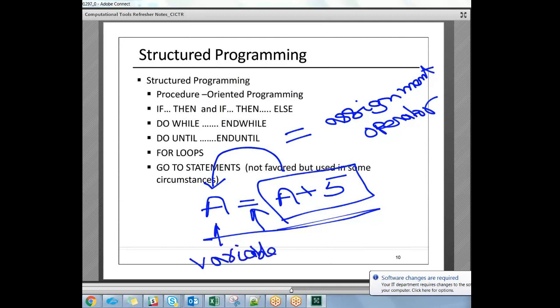A is a variable name, or AB is a variable name, right? And then on the right hand side, you can have a simple variable like that. So that means the value of B is assigned to A, or I can say B times 5. The product of B and 5 is assigned to A. So the equal to sign in computer programming languages means what is on the right hand side is assigned to what is on the left hand side. So you may say, hey, if A value is 10, 10 plus 5 is 15. So now you are putting 15 to A. Exactly. So after this step,